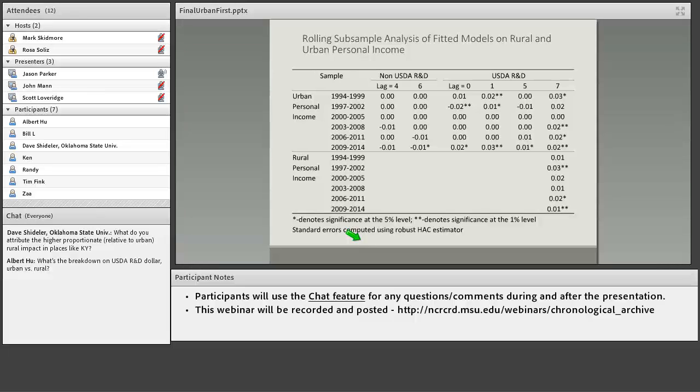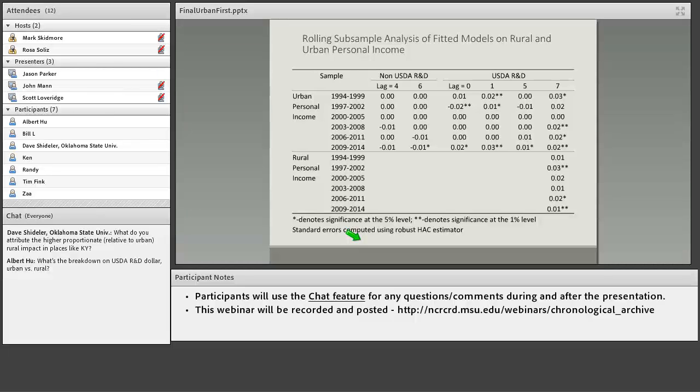And the reason that we did this split is because the econometrics rely on the number of years being a lot less than the number of observations, so the number of states. So the number of years in our data need to be fewer than the number of states. So essentially what we did was 5-year samples, and then we computed the coefficients and their standard errors where we were able to do that in an econometrically sound way, rather than doing that on the entire sample where we would have serious problems. So this was the final result.